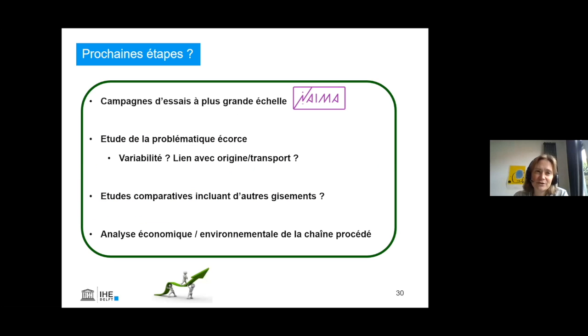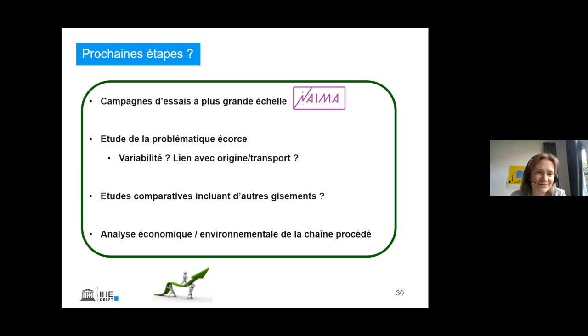So what are the next steps in the short term? Even in the very short term, we will be leading larger scale trials. On Monday, we'll be at the Genissiat Dam with Julie and Loic to go and collect 300 kilos of wood, so that we can then convert it into hard carbon for batteries.